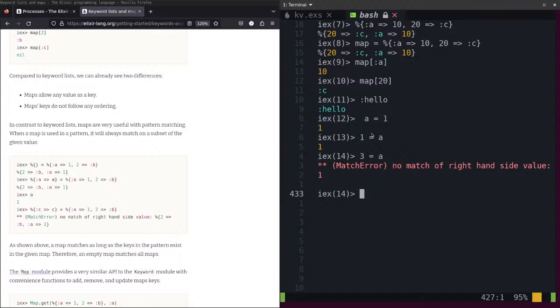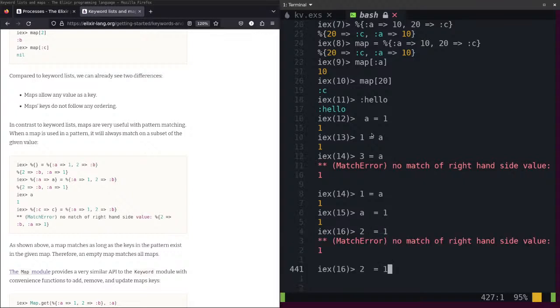Okay, no match. This one matches because 1 in the left hand is 1 in the right hand side. If I invert a, 1, okay, it returns 1. 2, done, okay.